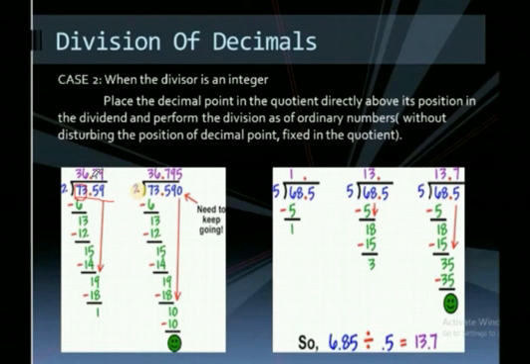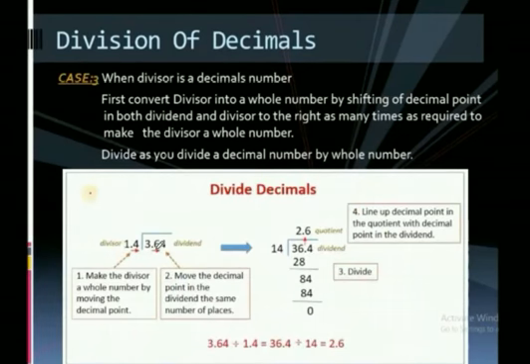So here, when you got the decimal in the dividend, you have to put the decimal point in the quotient as well. After that, you can note down this number 5 here. Only after putting the decimal point here can you note down this number, and then keep going on as you do the division.